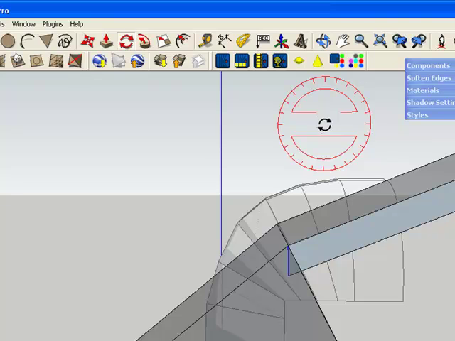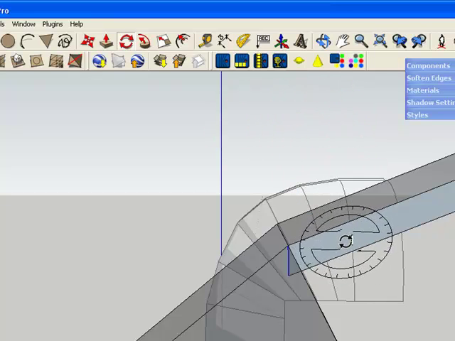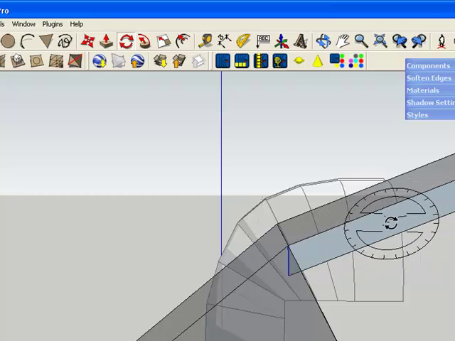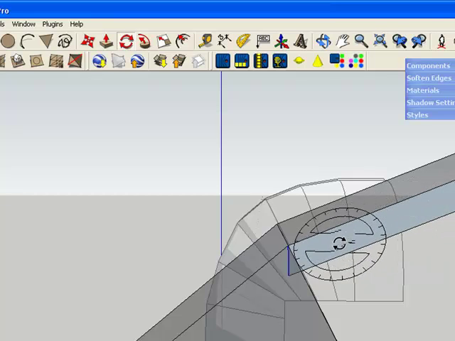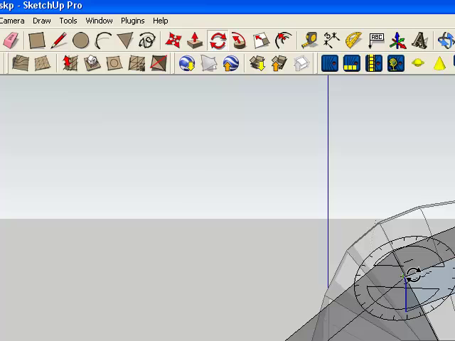Alright, notice how up here it looked red, but as soon as I got on this plane it changed to black, but this is now on the same angle as this plane. Once I get there, hit the shift key to hold it so it won't change back anymore. Bring it to this corner, click once, bring it down to the bottom edge here so it lines up, click,